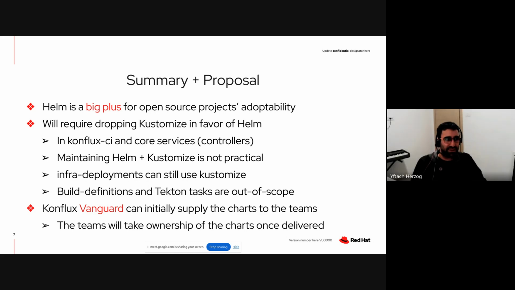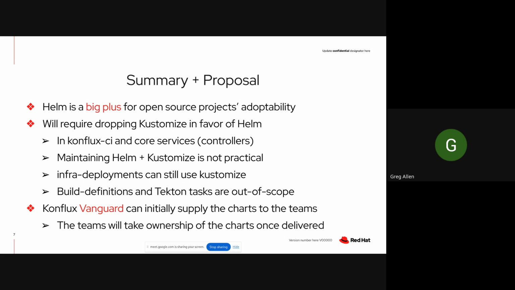How would you summarize the effect of moving to Kustomize? Well, we haven't had any problems, right? But we're not that big either, right? So comparing Kube Archive to Konflux isn't a good comparison because Konflux is much bigger. So I don't want to skew things and say that it was trivial, but we haven't had any issues with it. But again, there's not a lot of components for us to be installing in Kube Archive,